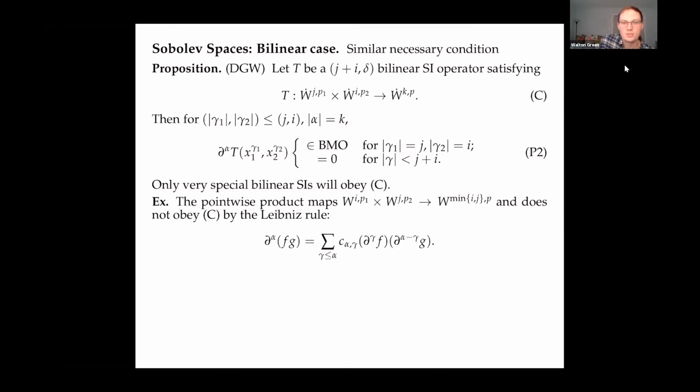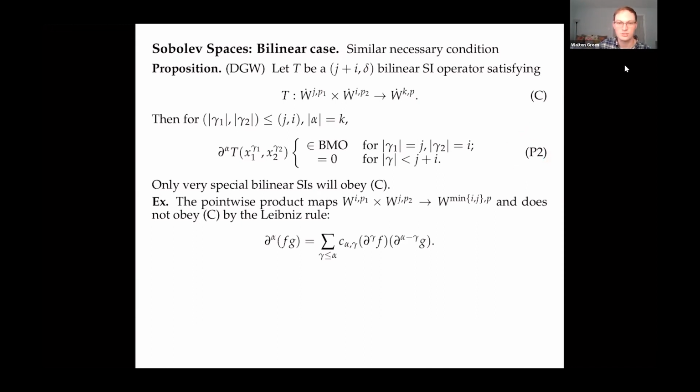And so it is not going to obey C, and moreover, it's never going to preserve the homogeneous spaces. This term over here is not in any homogeneous Sobolev space. It's only in the inhomogeneous ones. So for the bilinear operators, unless you study very special ones which satisfy this type of condition, which not even the product satisfies, we're going to have to go to inhomogeneous Sobolev spaces, in which case